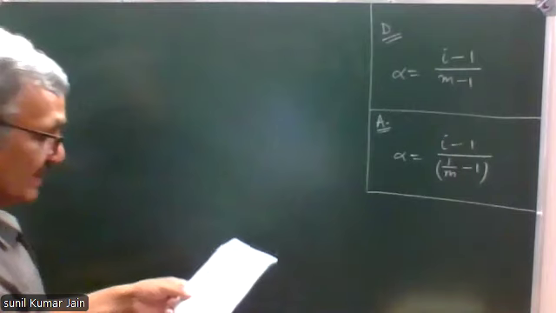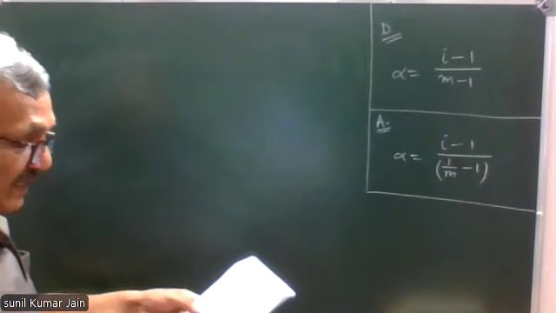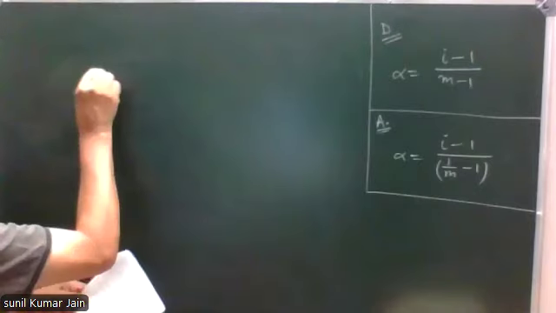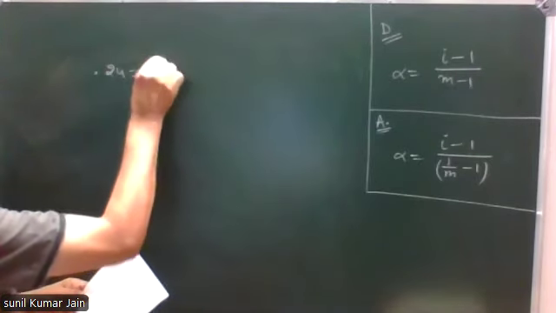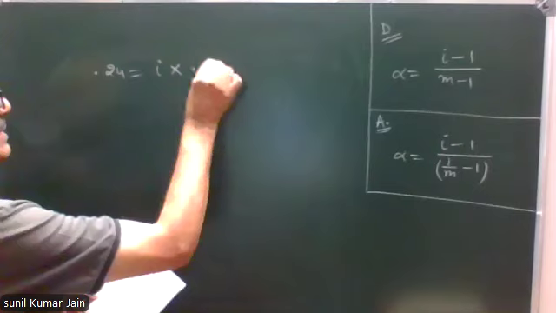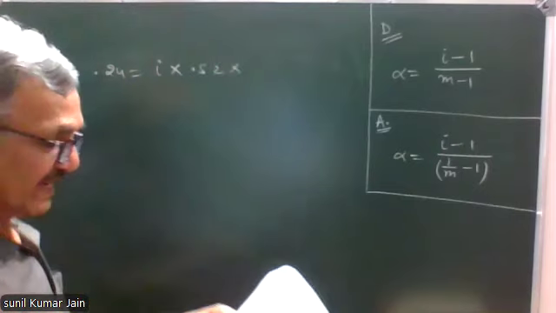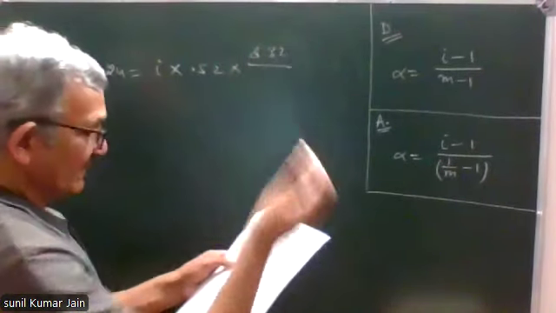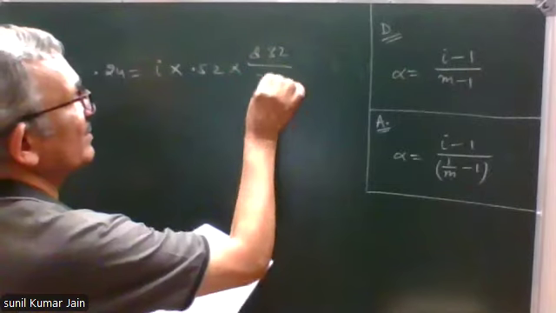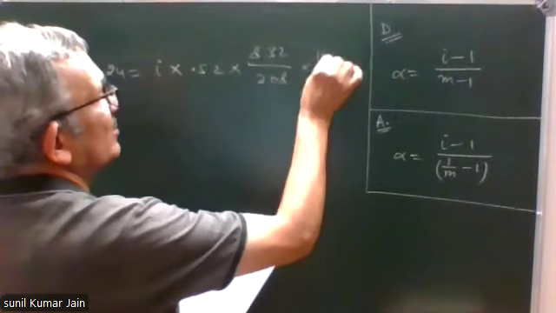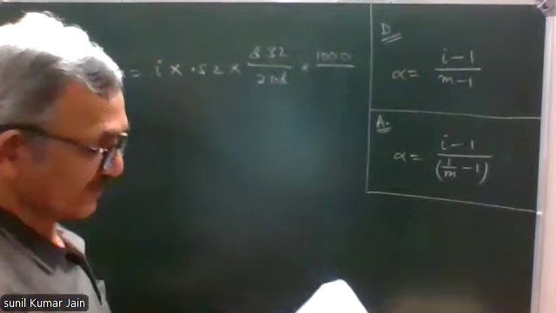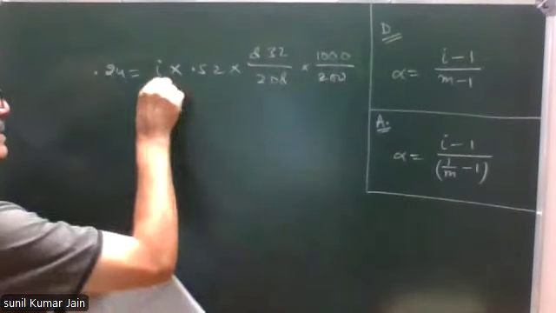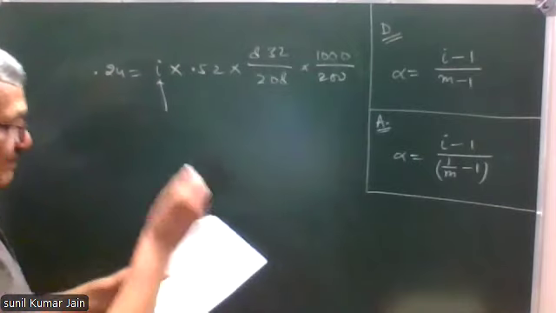Now, in this case, elevation is 0.24, equal to I Kb m. Molality will be weight divided by molecular weight 208 into 1000 divided by weight of water 200. Calculate I. This will come out to